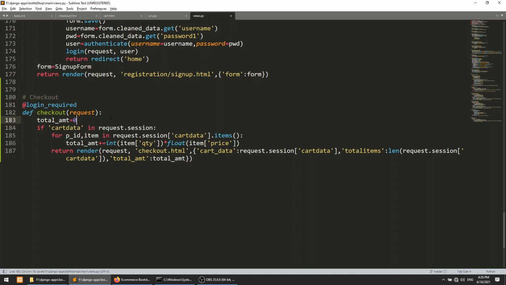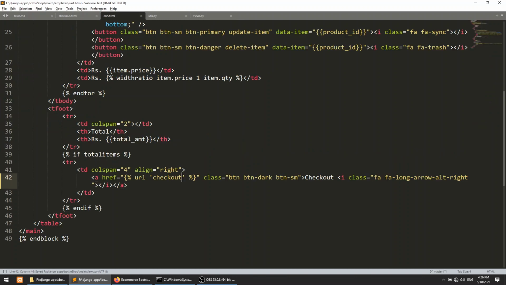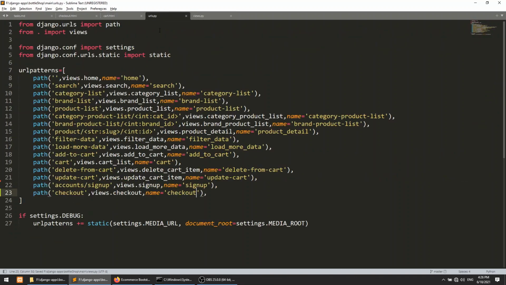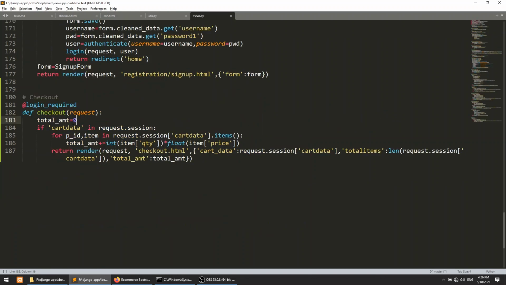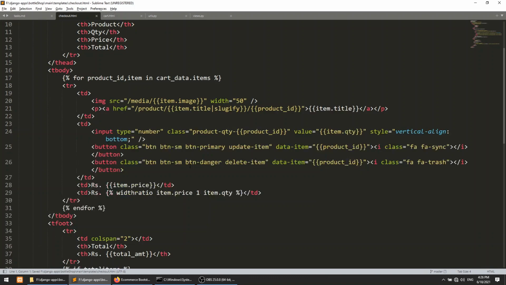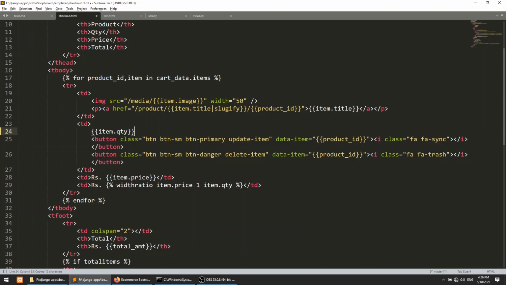Okay, so now we have defined this URL, in urls.py we have defined the checkout, and in the view we have created this checkout. Now let's open the checkout.html page. We don't need the input type, we just need this number, because we don't want to edit things in the checkout page.